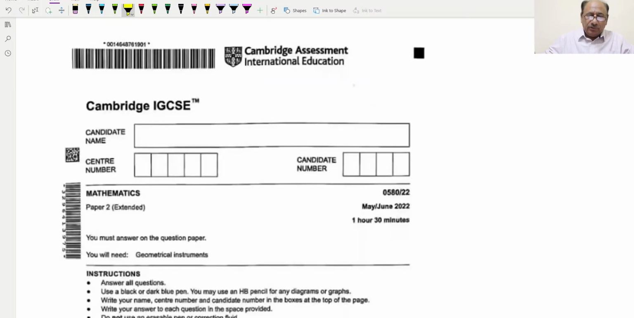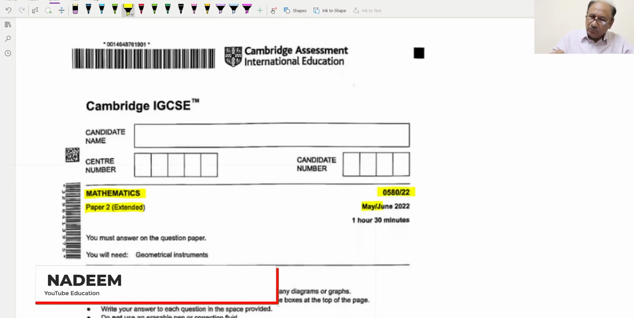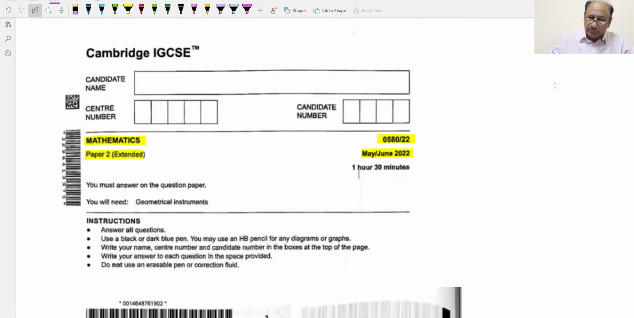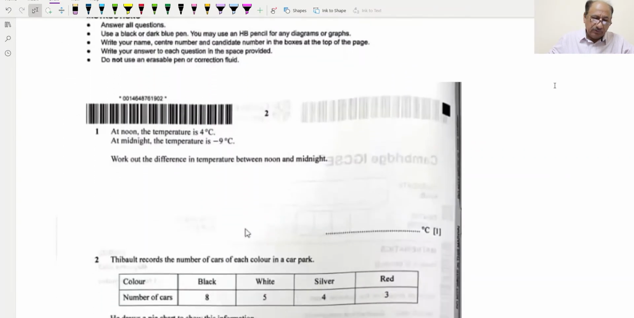Hello everyone. Today we'll be going through Mathematics Paper 2 Extended 0580/22 May-June 2022. This is the pre-released version of the paper, so maybe you will feel that this is not of good quality, but the explanation will be of the same quality as we always have. So